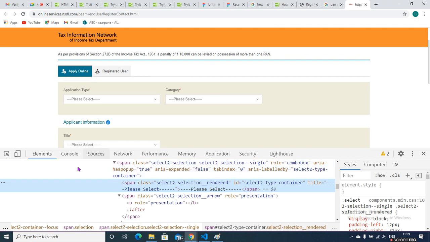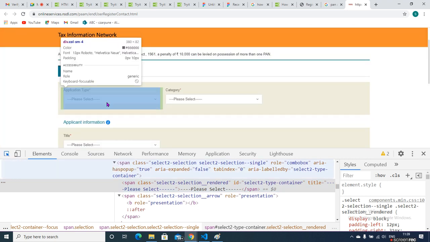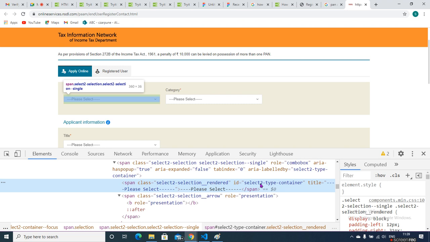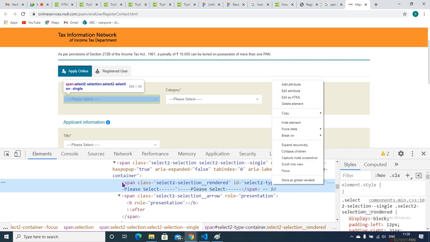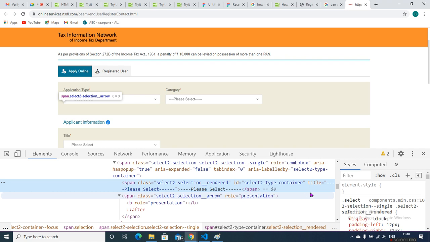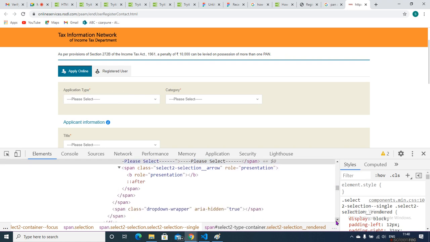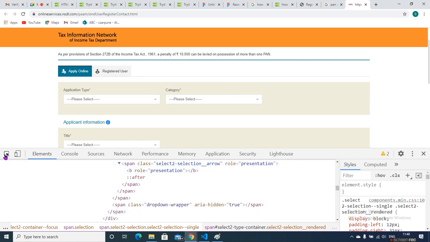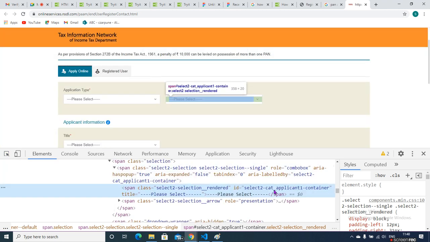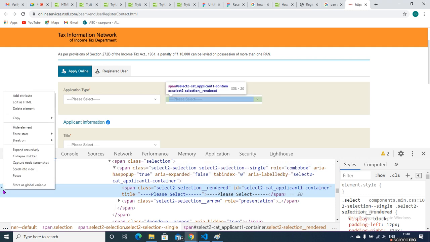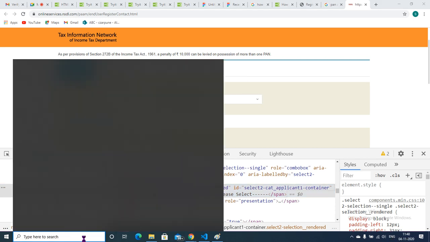Now copy this span. Copy the outer element and paste it in Notepad.